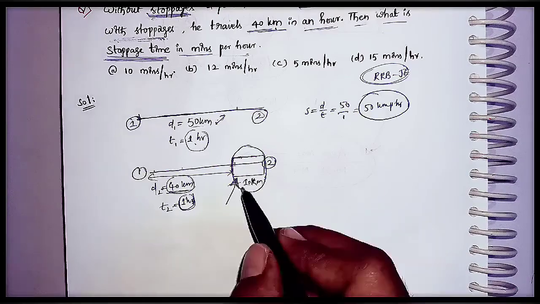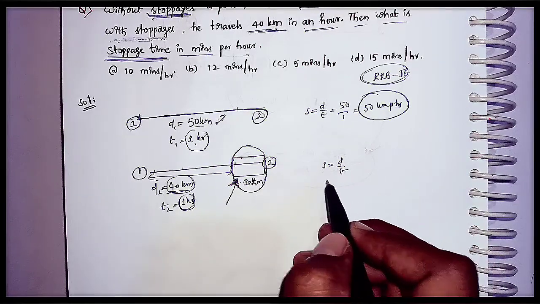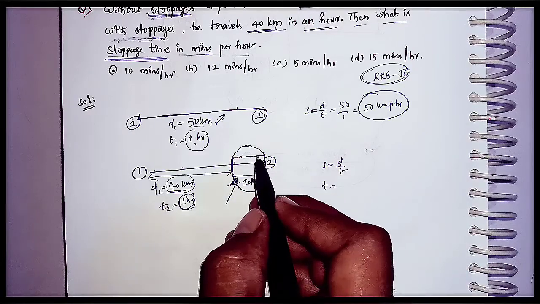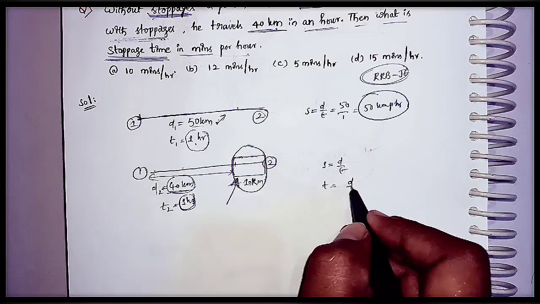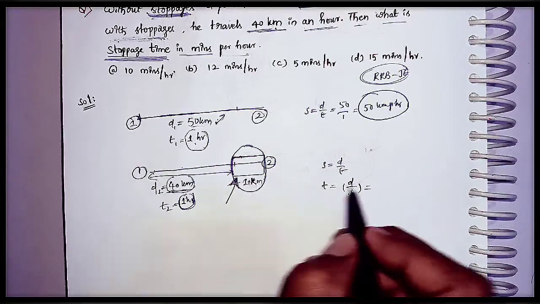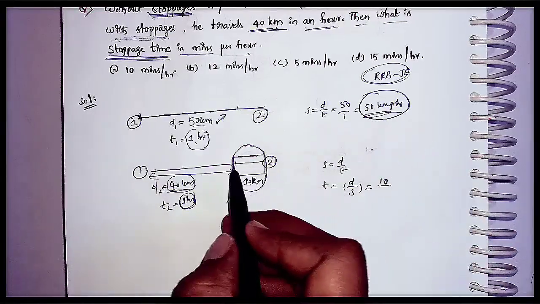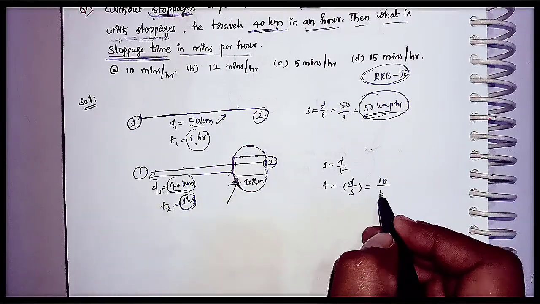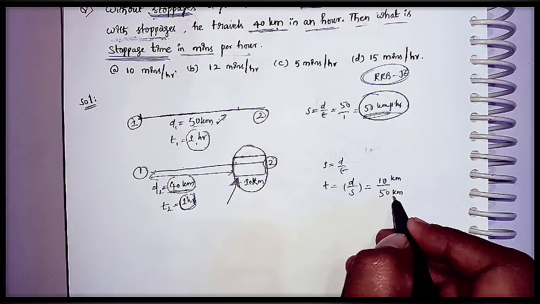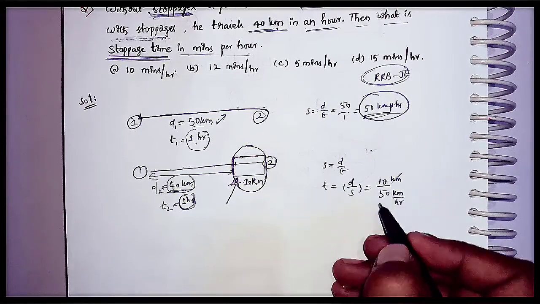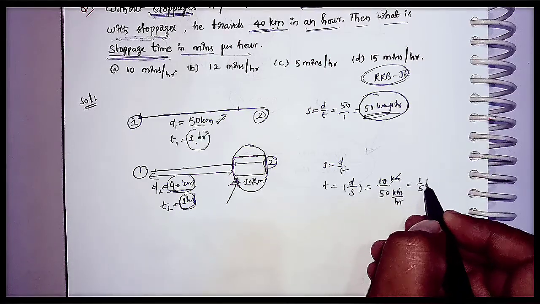To calculate time, as we know, speed is distance by time. The time taken to travel this 10 kilometers is nothing but the stopping time, that is d by s. The distance is 10 kilometers, and the speed he is traveling is 50 km per hour, because here there are no stoppages. This is 10 kilometers, this is 50 km per hour. The kilometers get cancelled, the hour goes to the numerator. That is 1 by 5 hours.